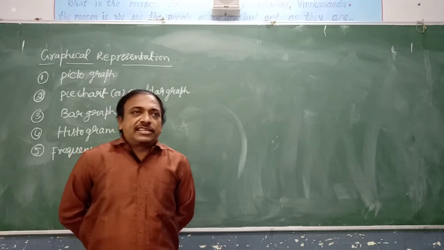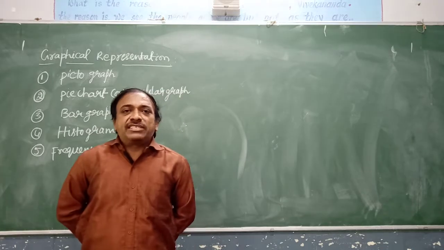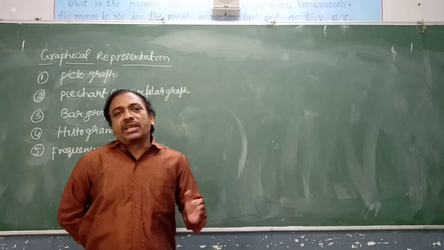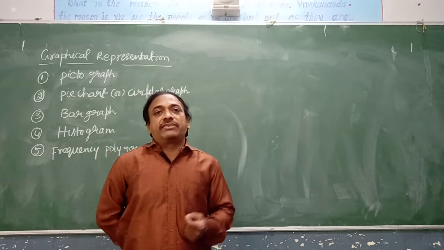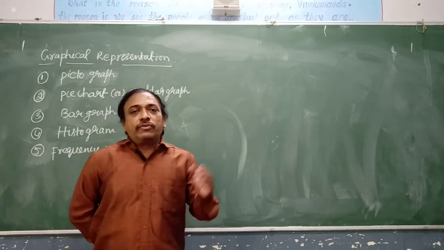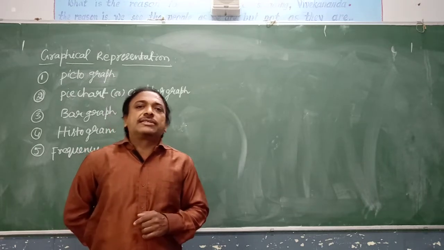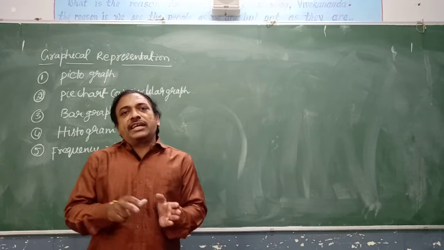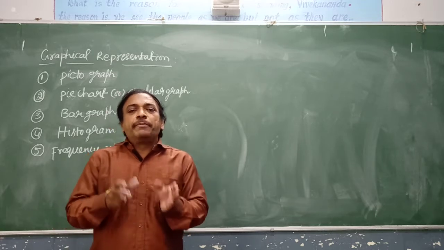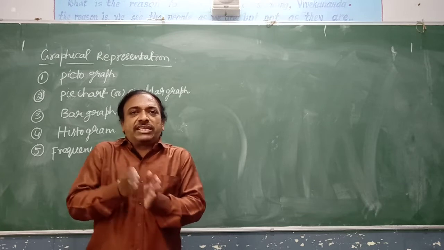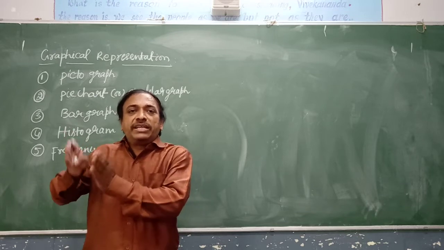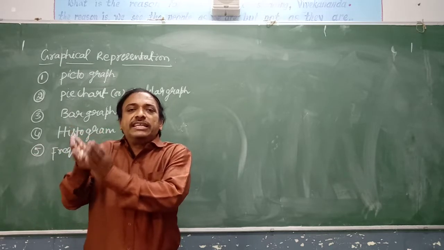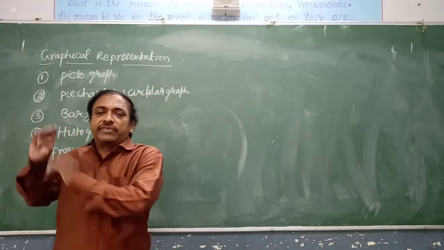We discussed in the previous class how to prepare a grouped frequency distribution table for the given numerical data. By using tally marks and class intervals, for ungrouped data and grouped data, we prepared the frequency distribution table. Based on the given information, we prepared a tabular form with the given data, tally marks and frequency polygon.